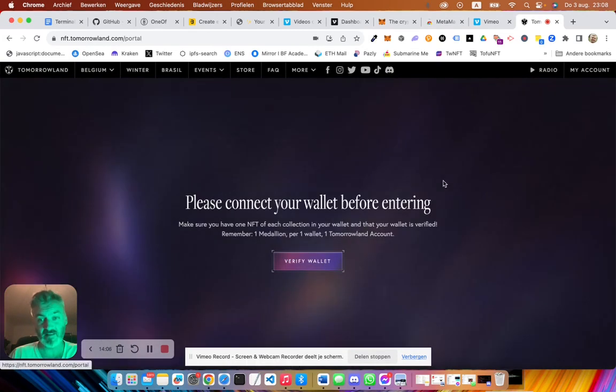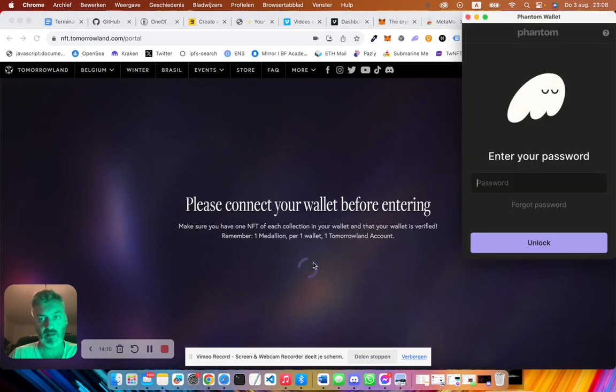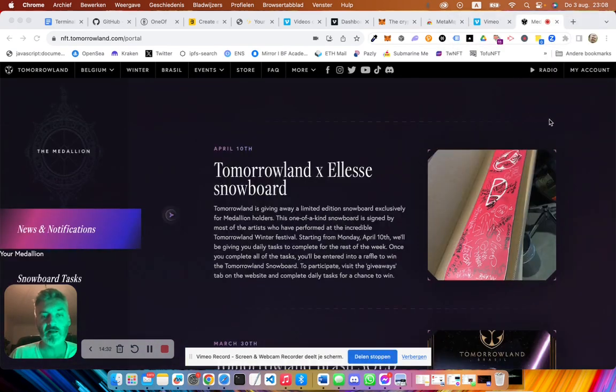And if I click on it to verify my wallet, you see what happened here, right? This is my wallet that automatically opened. Now it's not my MetaMask, because we're on Tomorrowland NFT, and Tomorrowland NFT is built on Solana. And remember, I told you about Phantom, that it was a Solana wallet, right? So it recognizes it, and it will automatically open your Solana wallet, right?